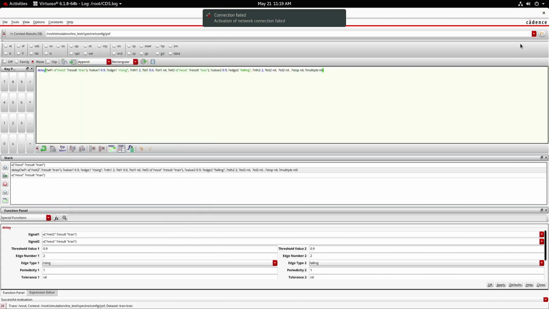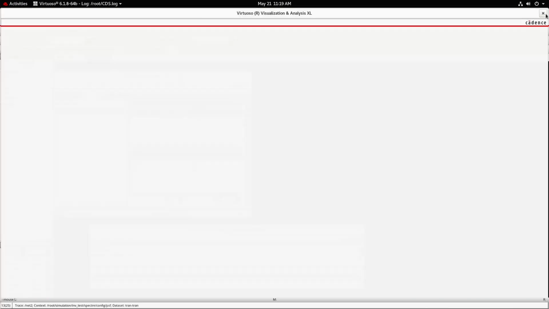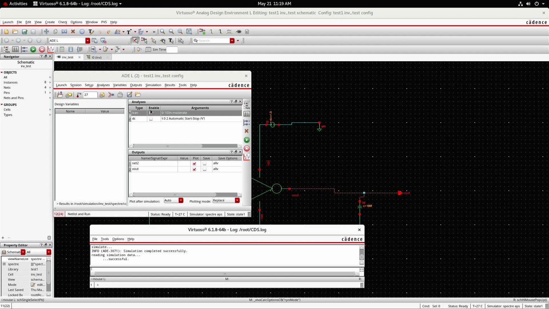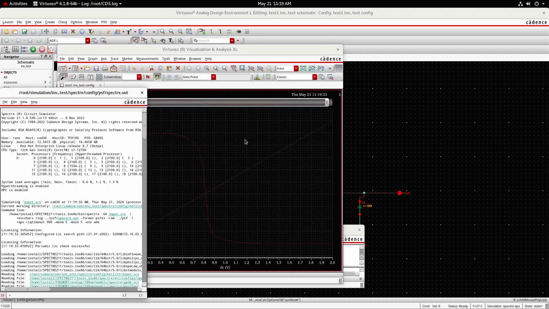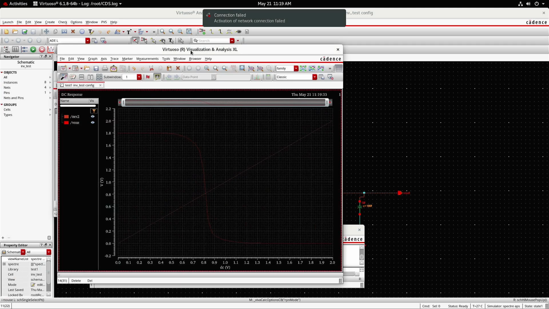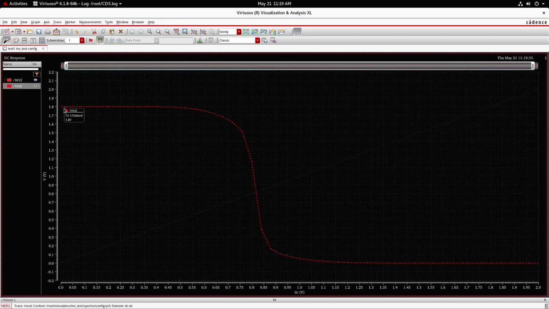After performing the transient analysis, we need to perform the DC analysis. I'll show the DC analysis. For DC analysis, the setting is already done. Just take the DC analysis by enabling it, then run the simulation. If I run the simulation, it's going to show the VTC, voltage transfer characteristics of your inverter, which is shown here, and the intersection point is the switching threshold. It is around 818. Earlier it was 828 millivolts. This completes the post layout simulation.